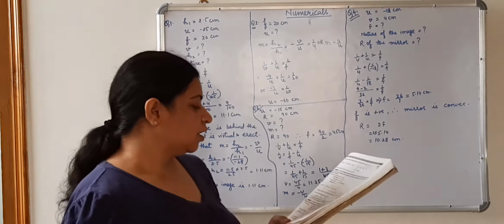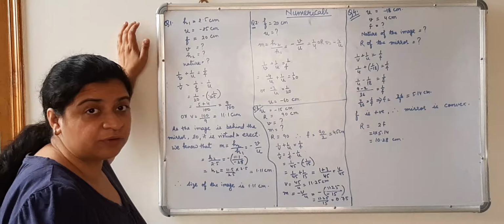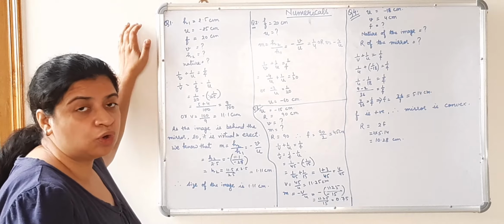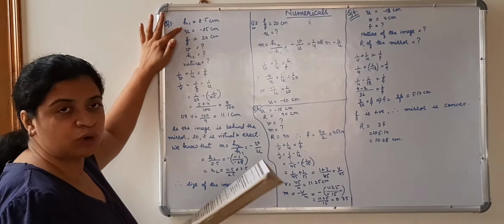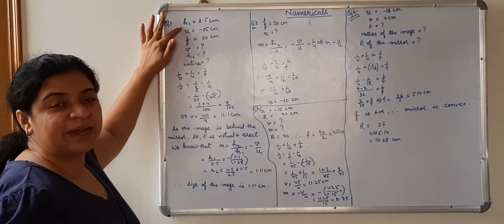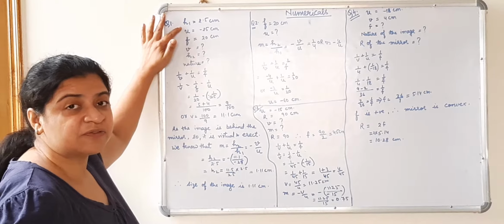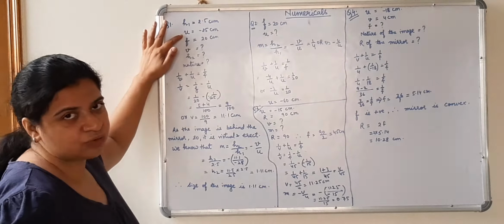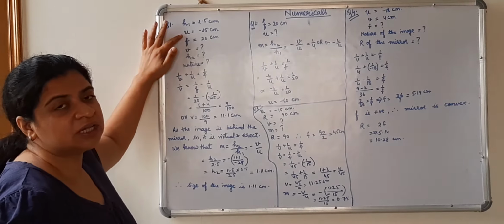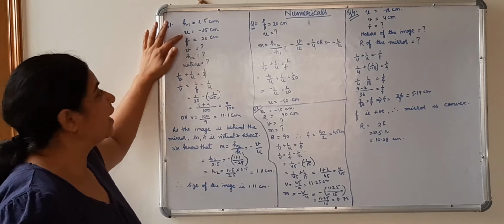An arrow 2.5 centimeter high. The height of the object. Here the object is an arrow, 2.5 centimeter high. So h1 is 2.5 centimeter, placed at a distance of 25 centimeter. Therefore, u is equal to minus 25. You know, the object is always on the left hand side of the mirror, so that is why the object distance will always be negative.